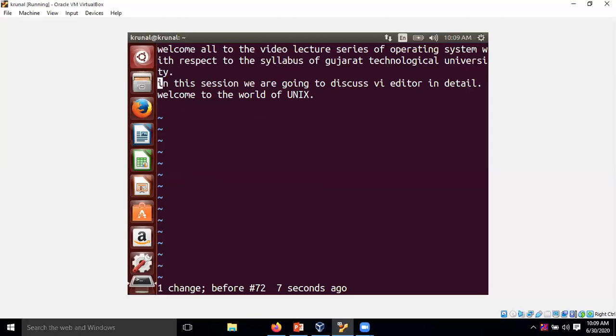Now I used dw, I press dw from the keyboard, so "in" is removed. In this way you can remove any word from any line. If you want to delete four words simultaneously, there is one option for that too, four dw, and four words are removed from this line.